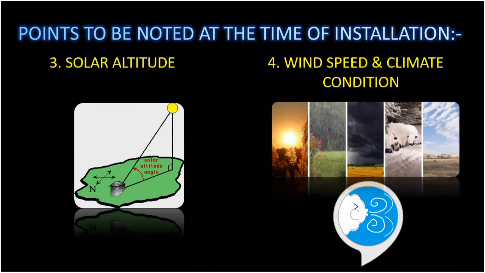It should be kept in mind that the strengthening of the solar panel installation is dependent on the measured value of wind speed. Otherwise, the setup can be damaged by the winds. The climatic conditions are also kept in mind because yearly power production depends on the total sun's radiation at the place throughout the year.